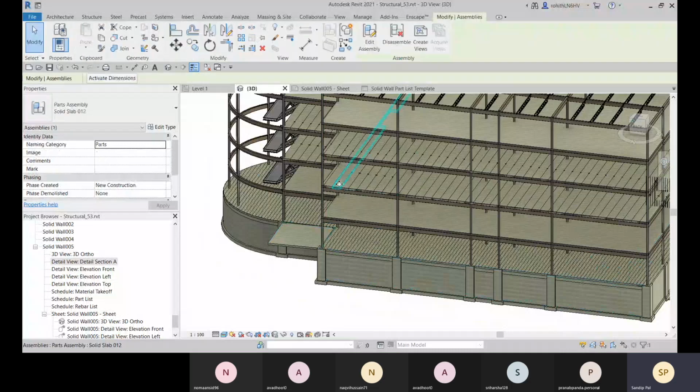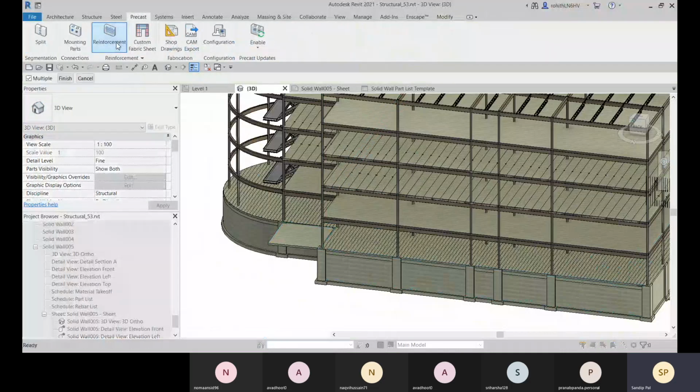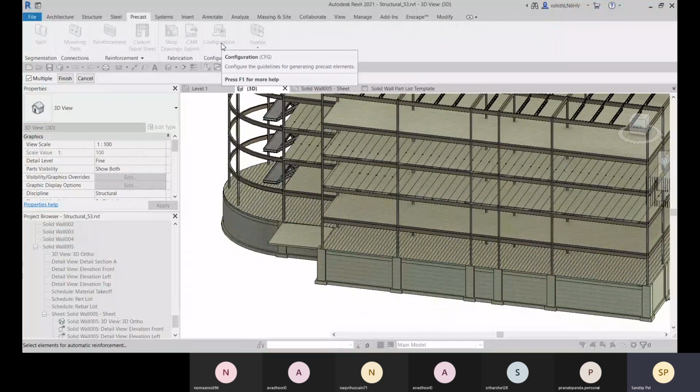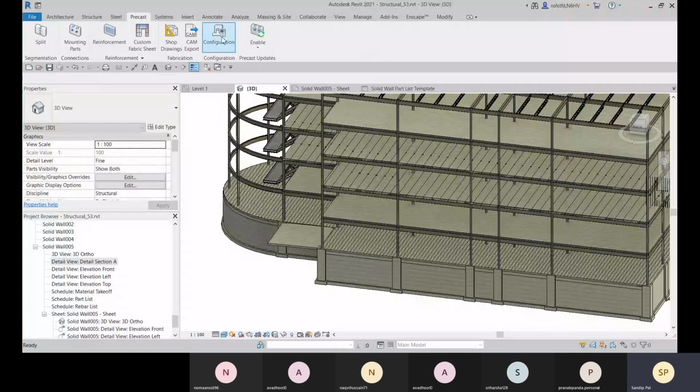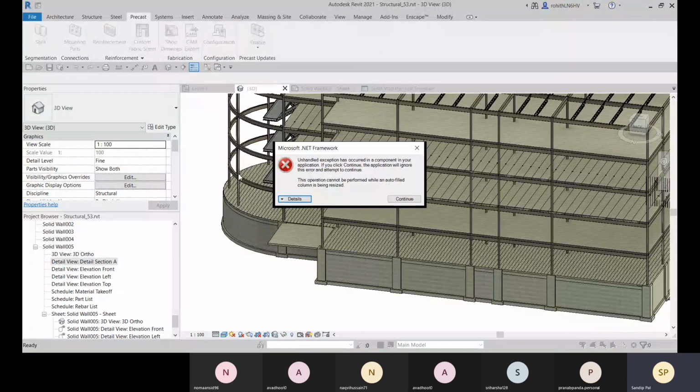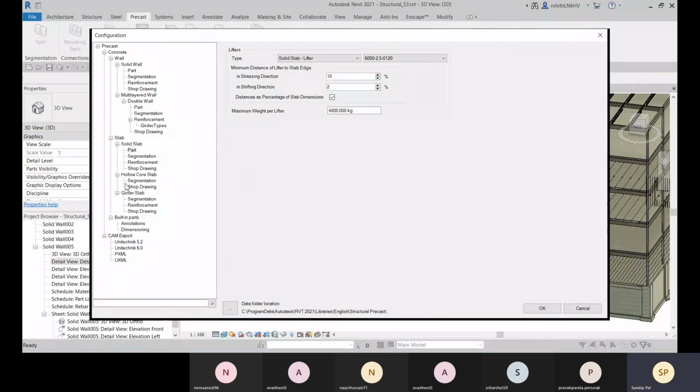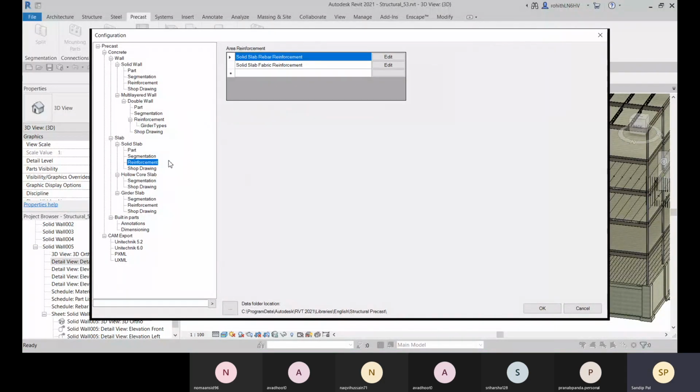Okay. And for this also, you can go for the reinforcement. You can select it, and make sure before that you have done the right settings in the configuration. There you have this solid slab, and within that you have this reinforcement.